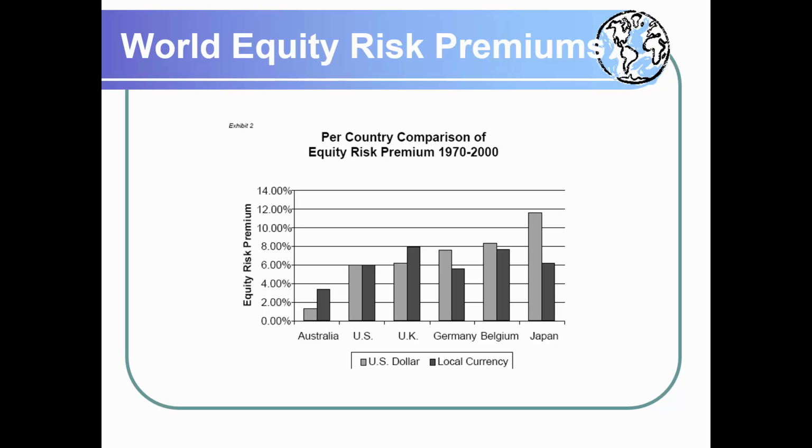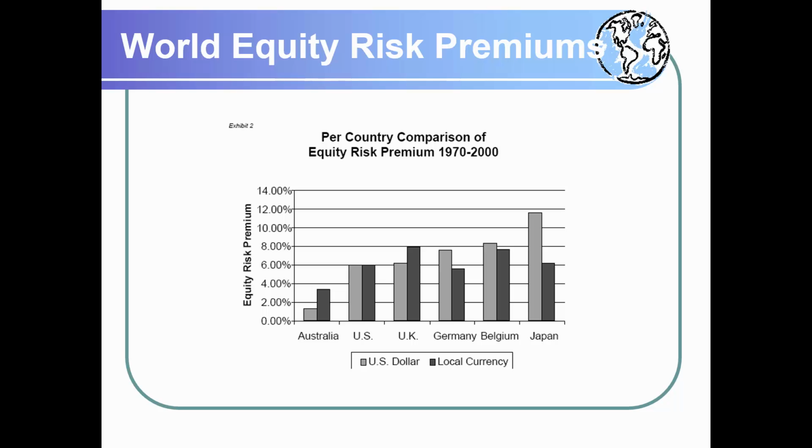So why do we see such big differences in the equity risk premium? I'd say one of the reasons is that it all depends upon the risk aversion of the people in those countries. In Australia, people are more daring. Typically that's what we hear in the news. They have a lot of wild animals, people like to hunt and so on. In those scenarios people are perhaps more willing to take risk. So that's perhaps one of the reasons why the risk premiums are very low in Australia.